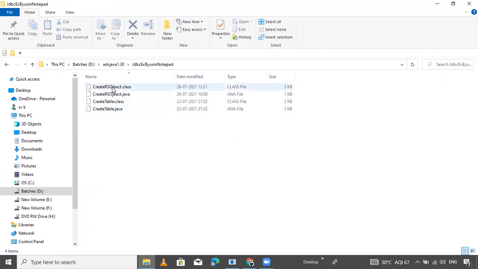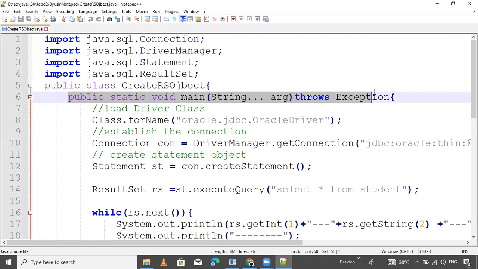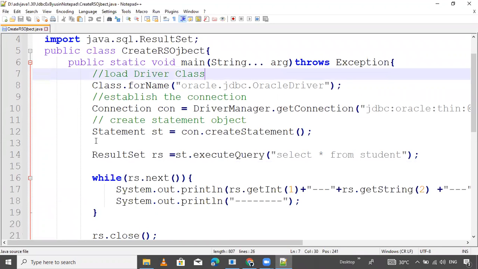I'm going to show you this example we discussed yesterday. The main thing is the result set object.